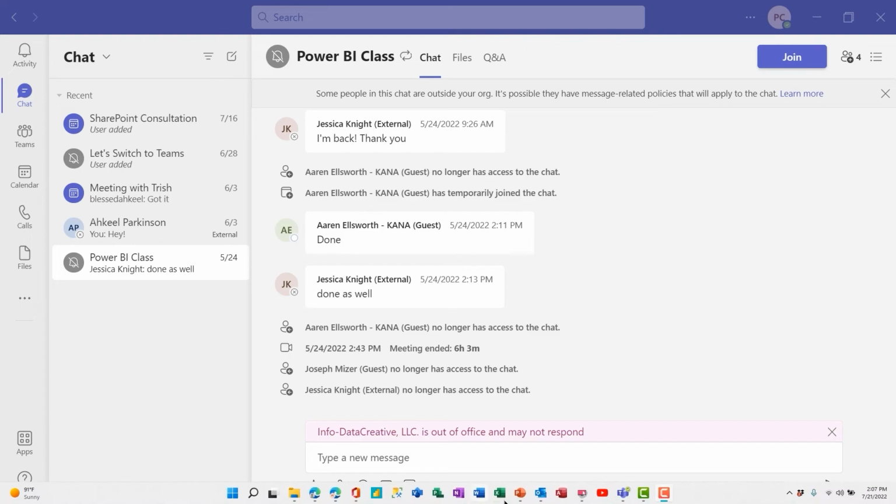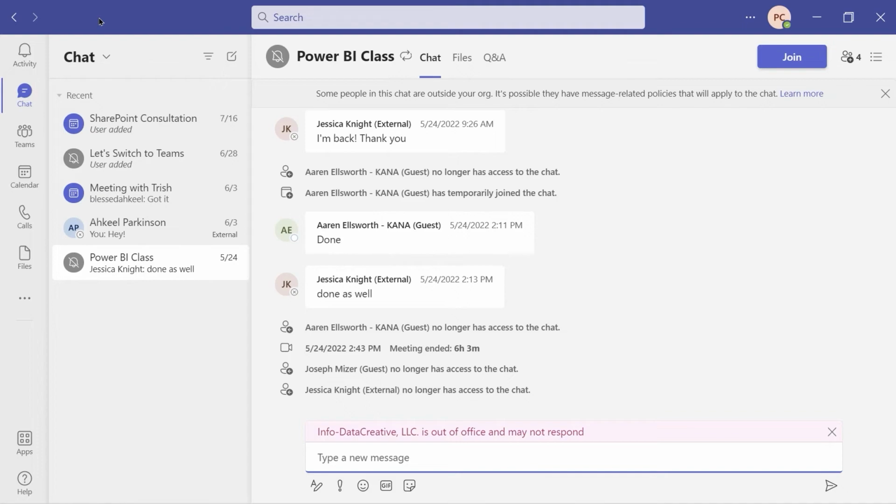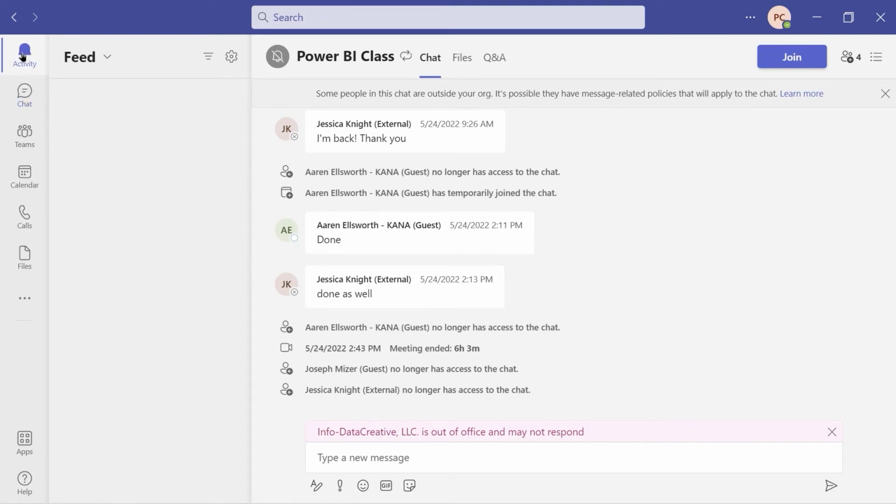So I've launched Teams from my taskbar. I have the desktop application of Teams on my computer versus the online Teams. And when I go into Teams, let's do a tour of the environment. I'm going to start on the left side of the screen, and you have this navigation panel, and I can click on activity. And so it shows my feed at that point, and I'll see mentions, replies, and other notifications there. If I do the drop down where it says feed, I can go to my activity, and I'll see my sent messages there.